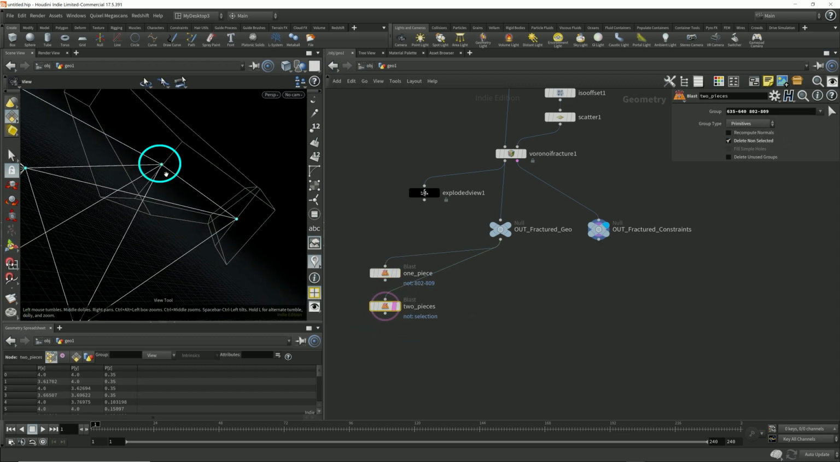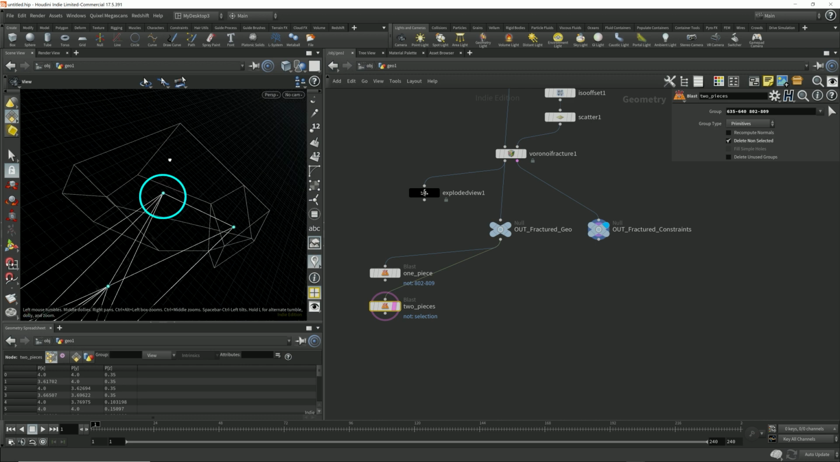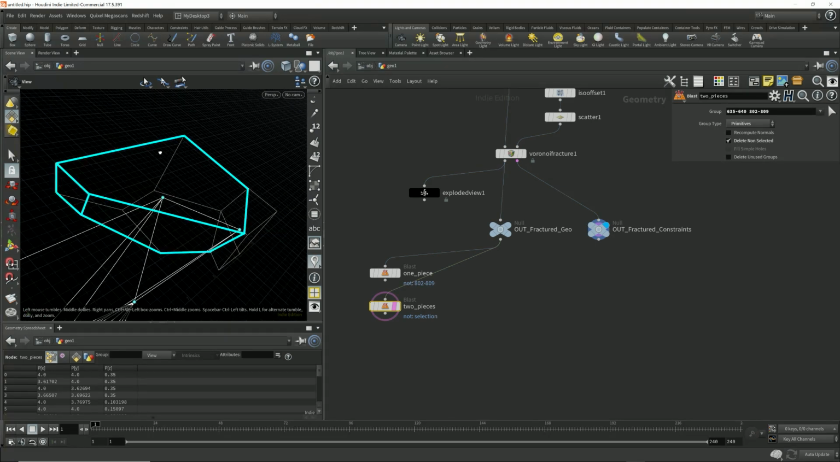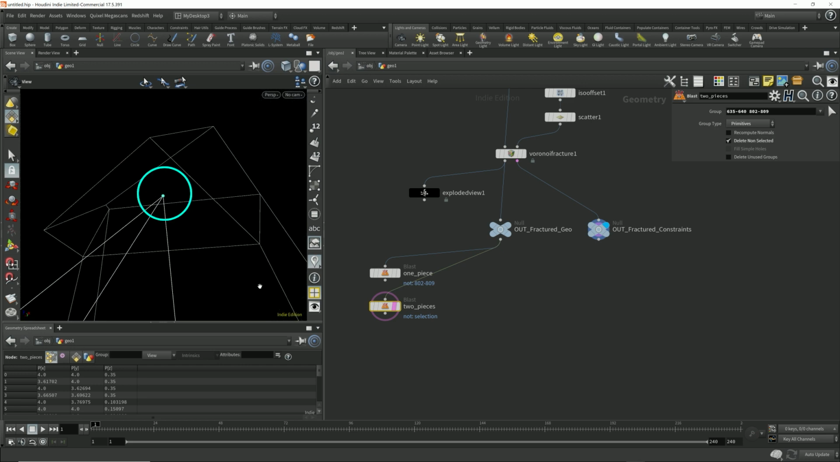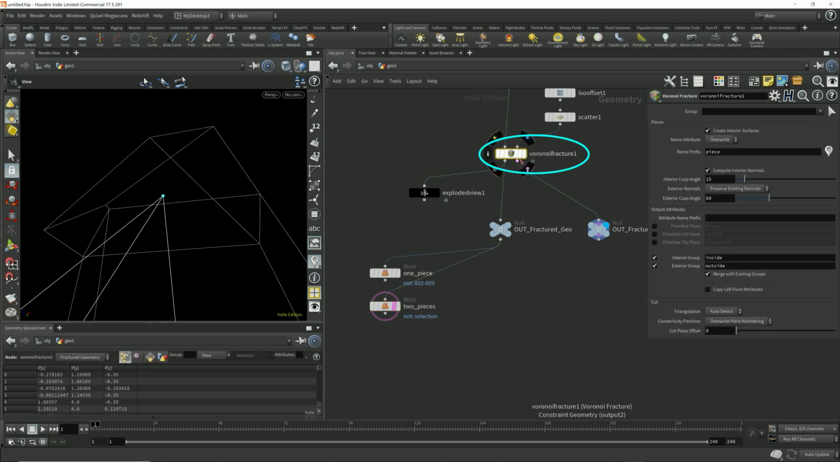Okay. You can see this dot here is right in the center of this larger piece. The other dot over here is in the center of this other smaller piece that we have isolated. You can see it's in the center. There, okay, that's a little better. So it's right smack in the middle. It's the centroid. Voronoi fracture generates these constraints by taking the centroid of every single fractured piece and